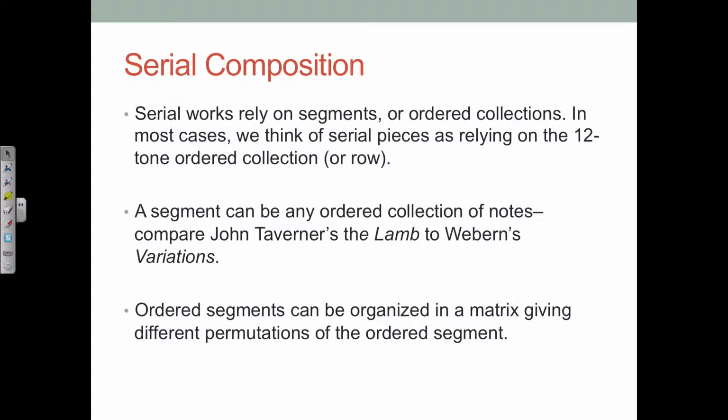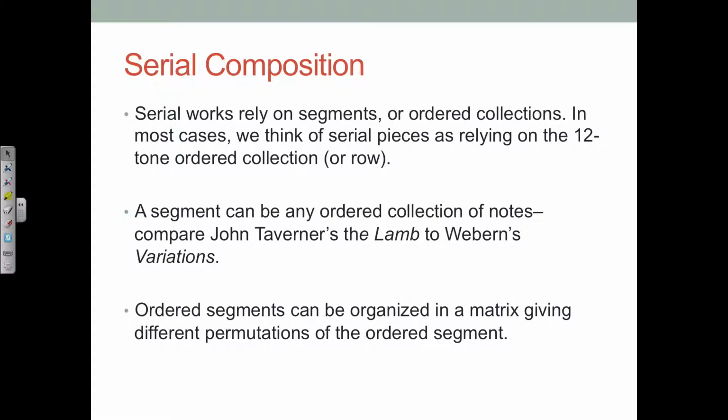So we've looked at John Tavener's The Lamb in class, and also the second movement of Anton von Webern's Variations for Piano. Two completely different works, but they rely on the same process of serialism. So ordered segments can be organized in a matrix, giving them different permutations, those 4 different permutation types that we talked about in class. And we'll get to that in a second. So just so we understand that serialism is a method of organization, and it's mostly related to pitch organization, although composers in the past have used serial techniques to order rhythms,